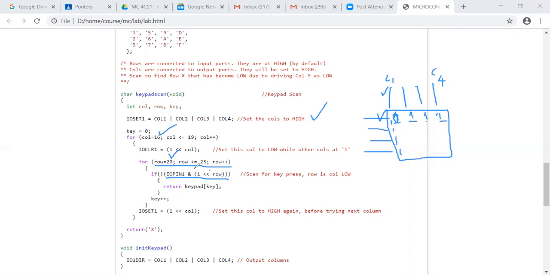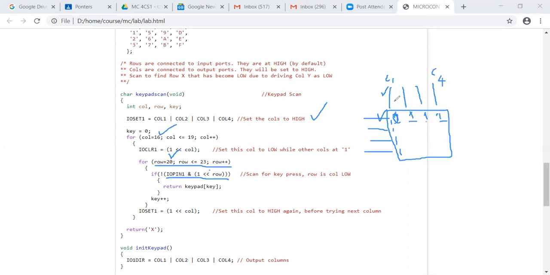If it is 1, the logic is true here. Anyway, by default, initially it is 1. And if it is true, and we are checking the not of that, that means there is no key press. How this logic is going to help determine whether the key is pressed or not, I will explain now.